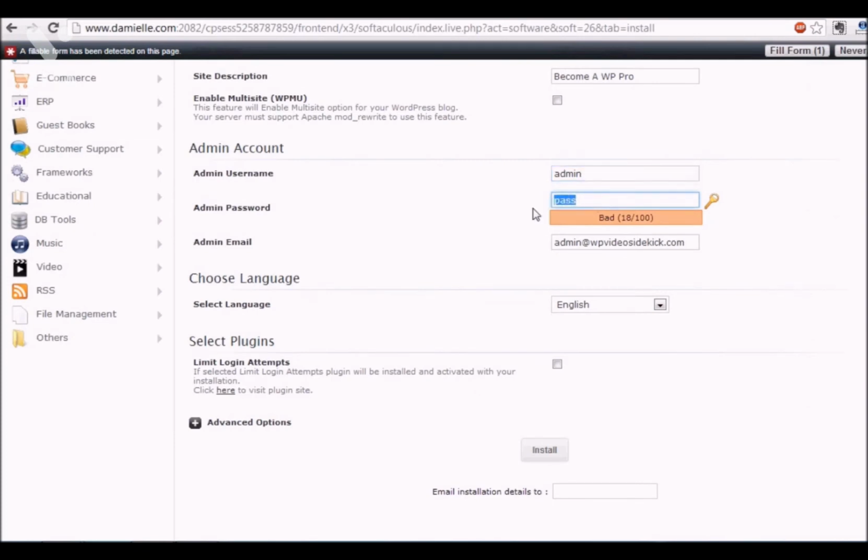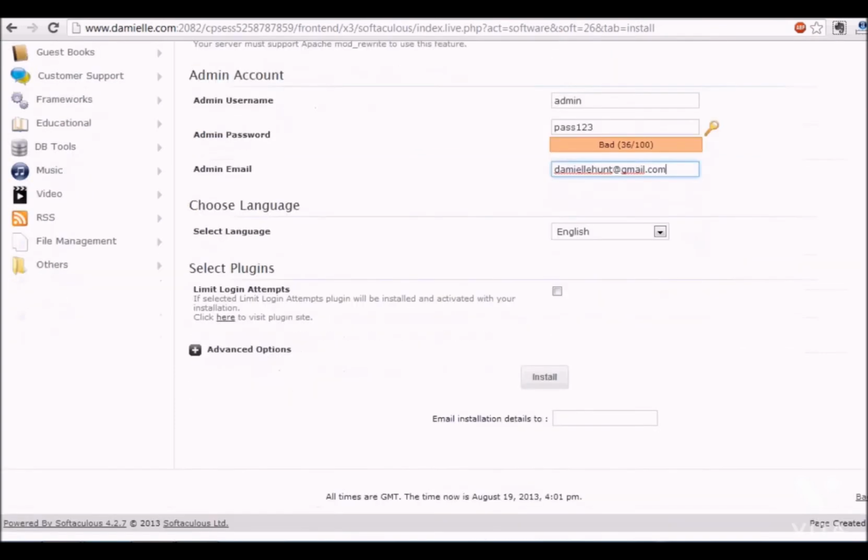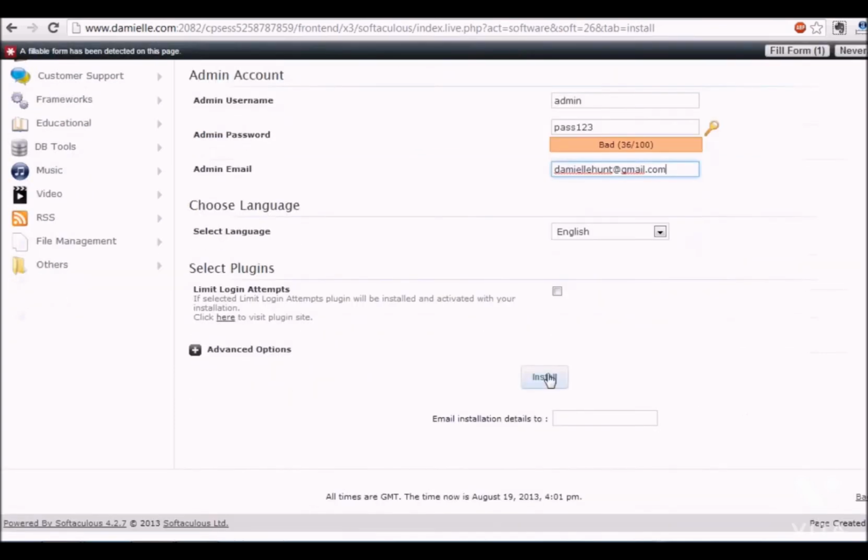Now, because this is a demonstration video, I'm just going to leave the username as admin and just create a password, because of course I'm not going to use this for any serious purposes. And you just want to add your email, and this will be used for communications from the site to you. So if there are updates, or comments to be approved on your site, then it will go to that email. So then we just click install,